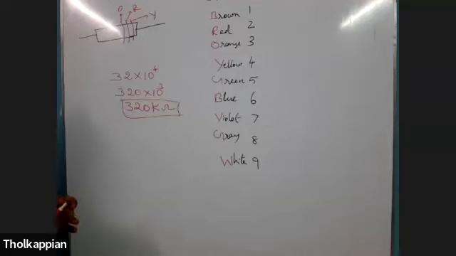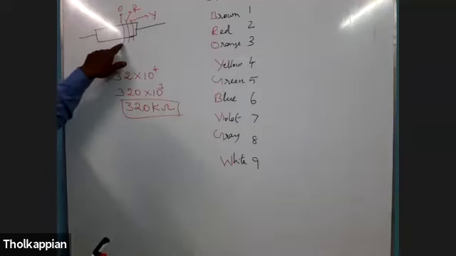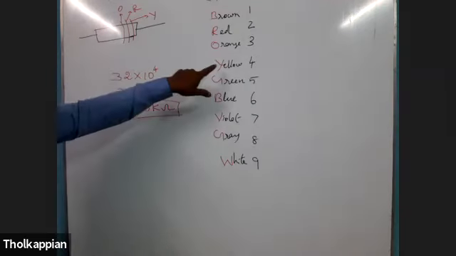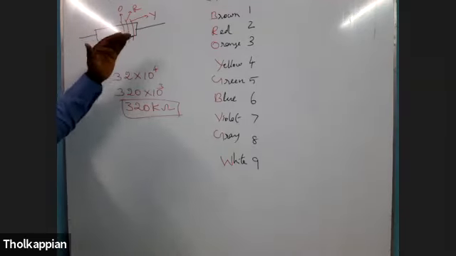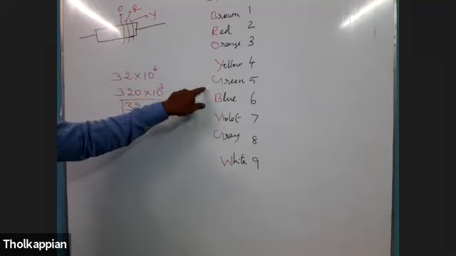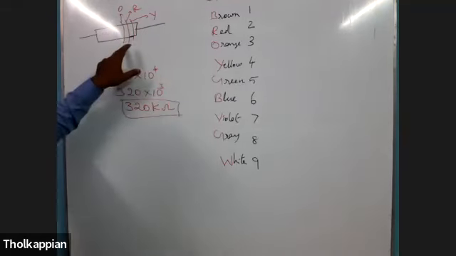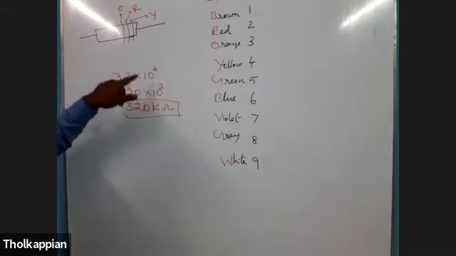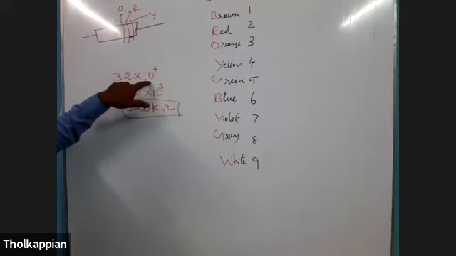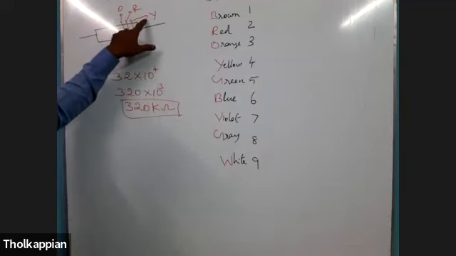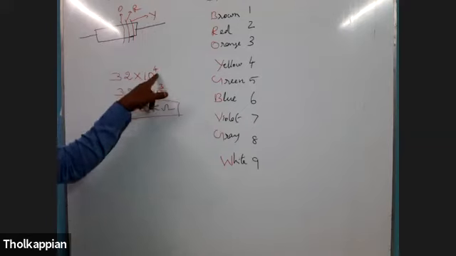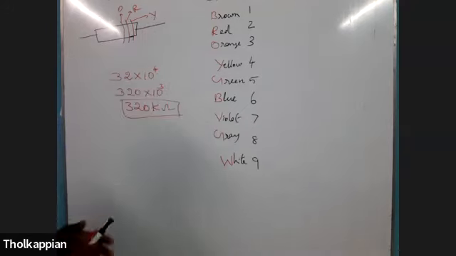Okay. First color is the first number. You have to write what is the number. Second color also, what is the value? What is the number that you write? And third, you have to write into 10 power, and what is the color given? That color is written as an exponential power, 10 power 4.